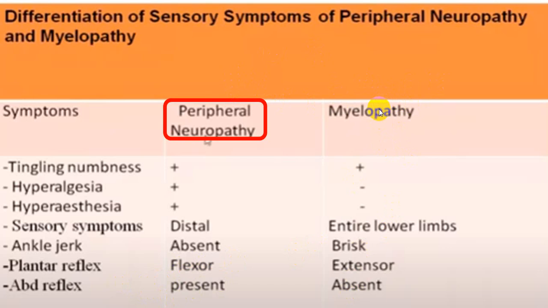Myelopathy means spinal cord involvement, and in spinal cord you get involvement of a corticospinal tract, hence you get involvement of upper motor neuron, and in upper motor neuron you don't get wasting, you don't get fasciculation, but you will have an upper motor neuron finding, means tone will be increased, hypertonia, reflexes will be brisk, plantar reflex will be extensor, that will be a peculiar finding. Abdominal reflex will be absent because one of the pathways is through the posterior column.